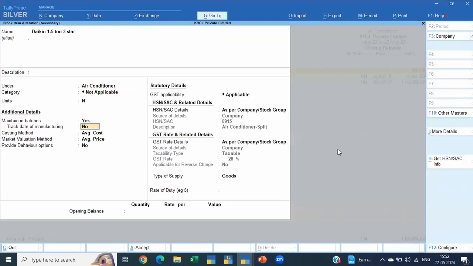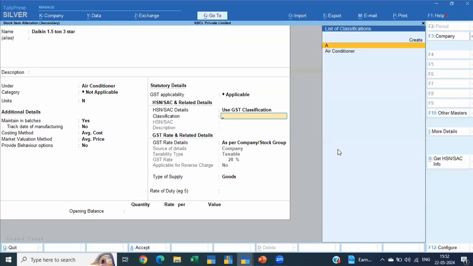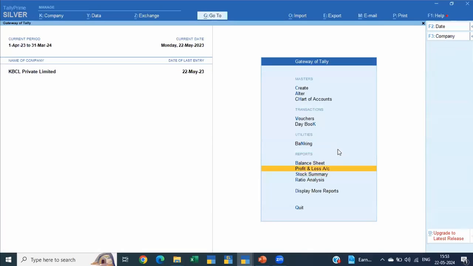items. This is what I was talking about when we were talking about whether GST is applicable at what level. Use GST classification. Please use it at GST inventory level or at ledger level. Now, along with that, I've seen a lot of people creating stock for their services as well. Okay. Now, if it's a consumable, you might have to consume that stock. So I would say do not create stock item for expenses. Please create ledgers for expenses and not stock item.